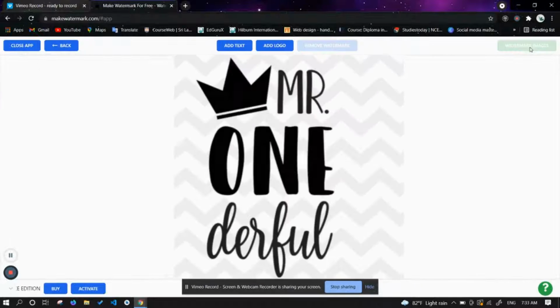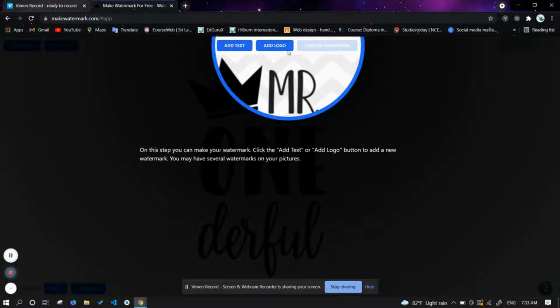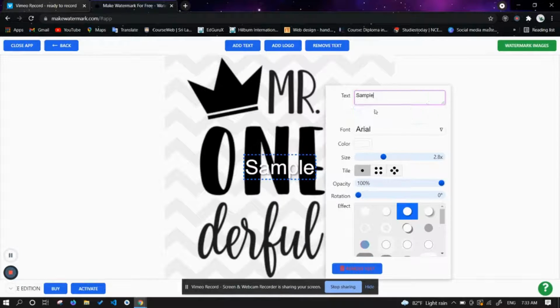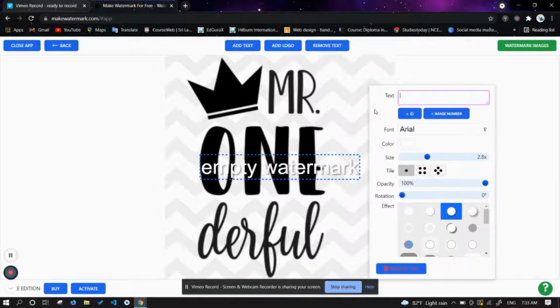So click next step, and then there are two more options called add text and add logo. In this step, we can make our own watermark. So I'm just gonna click add text. This is shown here, sample. I'm just gonna type